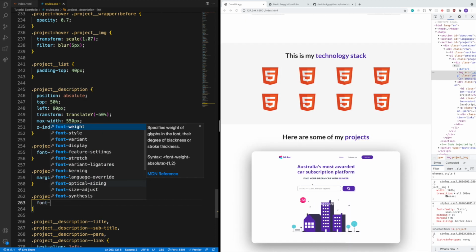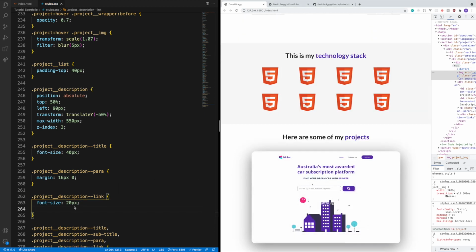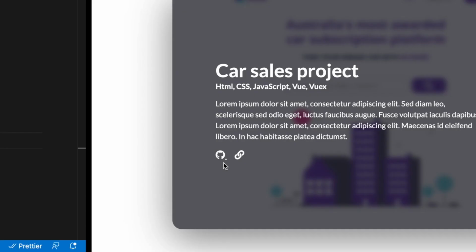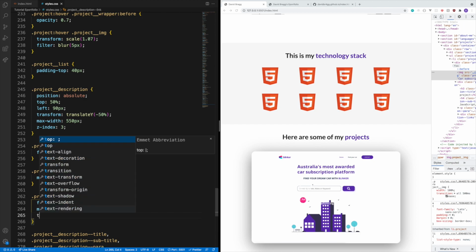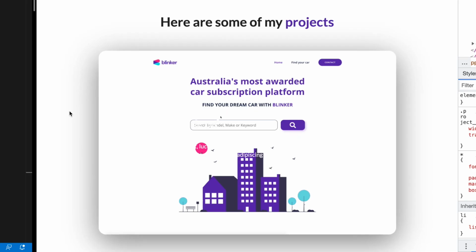We'll add a font size of 20 pixels. And we'll separate them. We'll go margin right 16 pixels. And you see this little underline? That's actually from the text decoration of the anchor tag. So all we need to do is go no text decoration. And the underline goes. So that's looking good, but you can see the text is actually over the image and